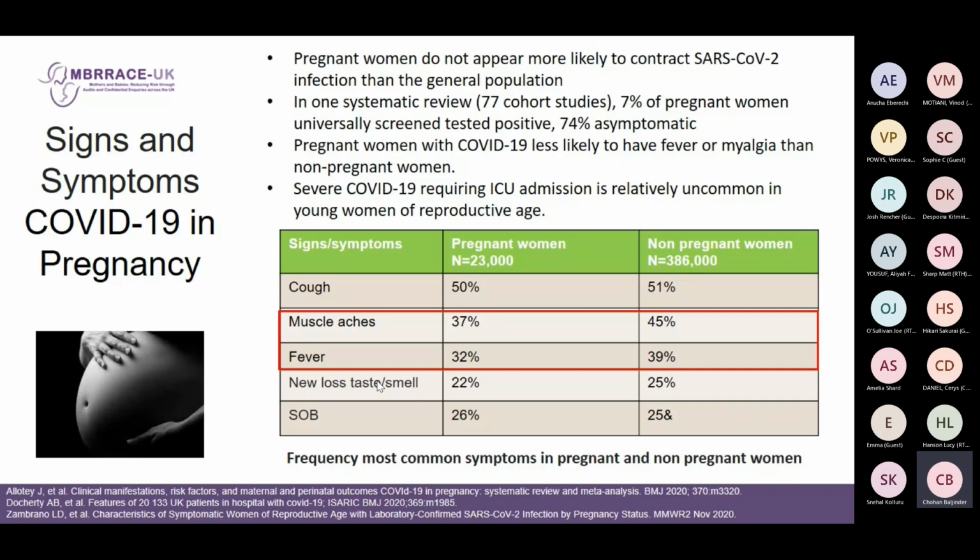Not going to say a huge amount about COVID. Obviously, being pregnant doesn't increase your risk of getting COVID, but if you were to get COVID, you're more likely to become sicker. And hopefully you guys are aware this week there's been a real drive nationally from the government at every level to encourage women to get the COVID vaccination. And they're suggesting getting vaccinated at any stage of pregnancy is fine, but ideally in the later stages of pregnancy, so they've got higher protection from the vaccine, simply because we know that women in their third trimester are more likely to become sicker with COVID.